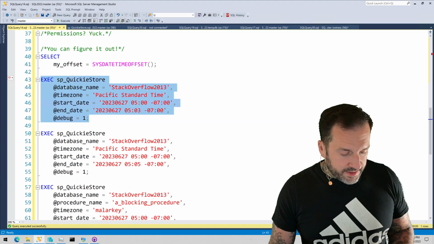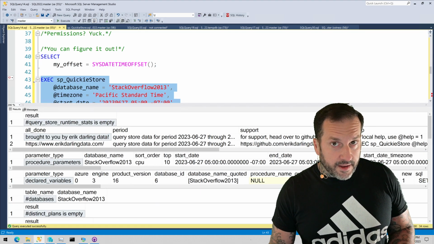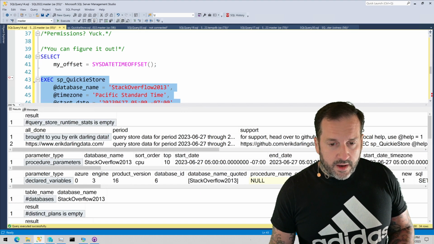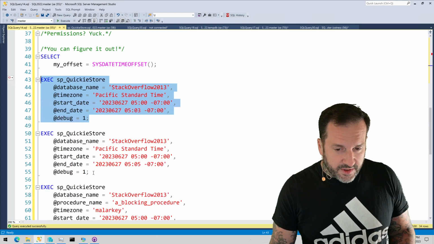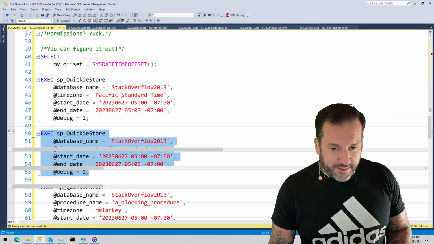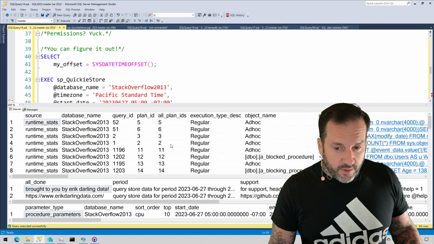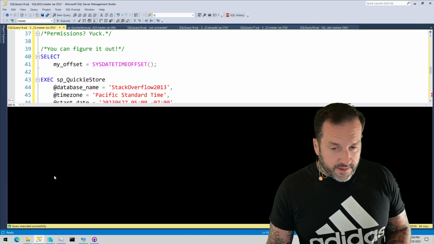So if I search through QuickieStore using this, I get nothing on purpose. And I want you to see that I get nothing because I am searching accurately. And when I expand my search by 2 minutes, I get back a whole bunch of stuff. And since